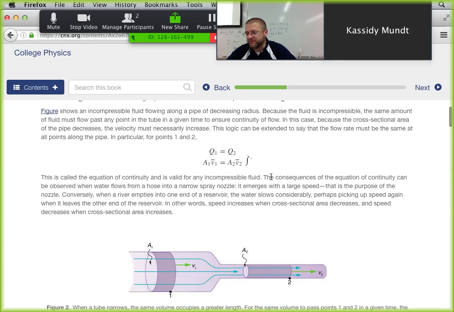So this is called the law of continuity, which means the same volume of fluid has to pass a point in any pipe that is connected to this flow of fluid in the same amount of time. And because that is the case with the different cross-sectional areas, you get an equation that looks like this, where area 1 times velocity 1 average has to equal area 2 times velocity 2 average. In other words, the flow rates have to be the same. The flow has to be the same in an incompressible fluid in an enclosed fluid system.